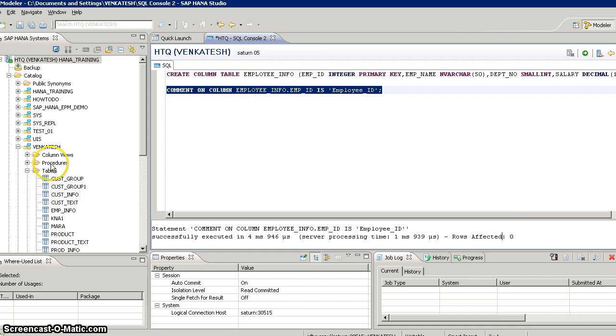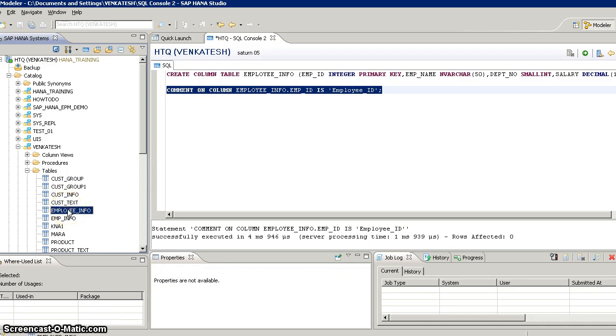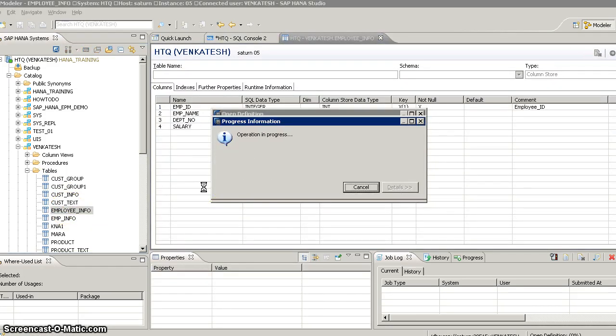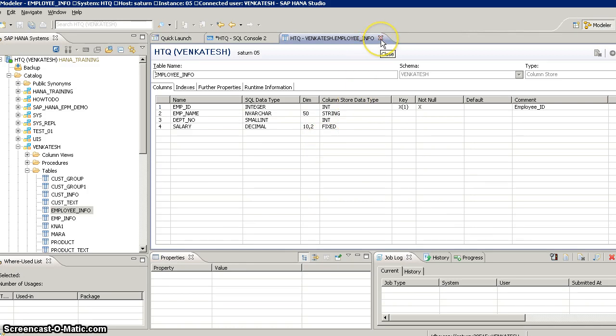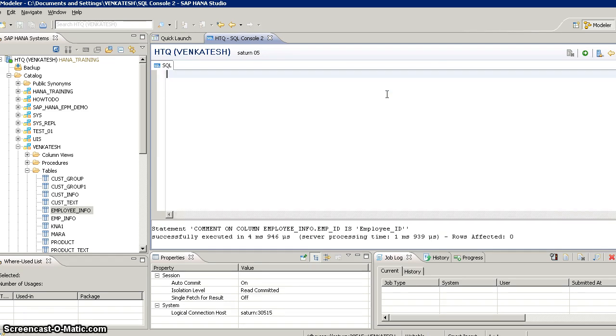Once you create the table, you can right click on the table folder and refresh. Now you can see the employee info table, which has the same structure but has been created using SQL code. Now if you want to insert or load any data into this table, if you have data in a flat file or somewhere in your source, you can load it, or you can simply write an insert statement. Insert into table employee info, then values, say employee ID 1234, and then Venkatesh. Once you give these details, you can execute, which inserts the values. Now if you go and right click on your table and select